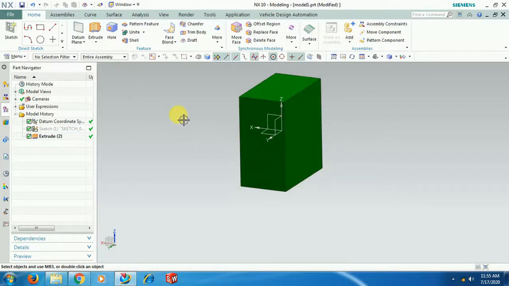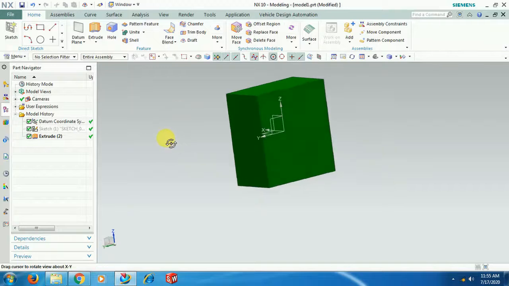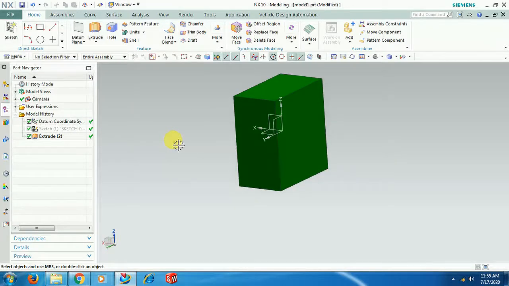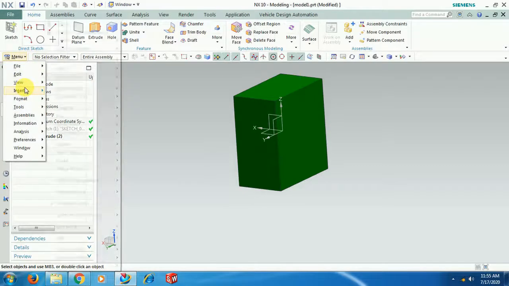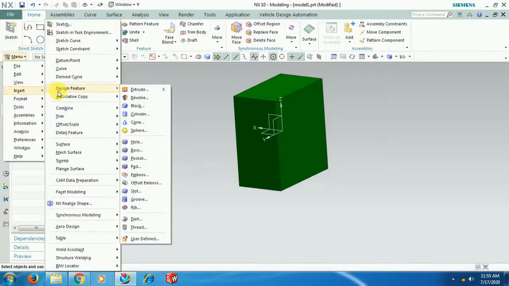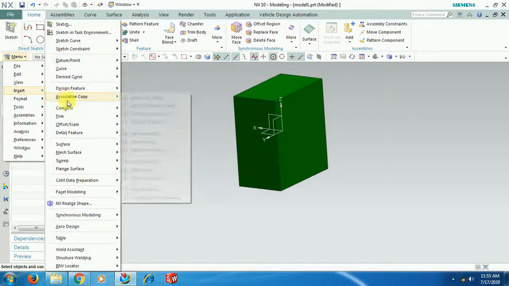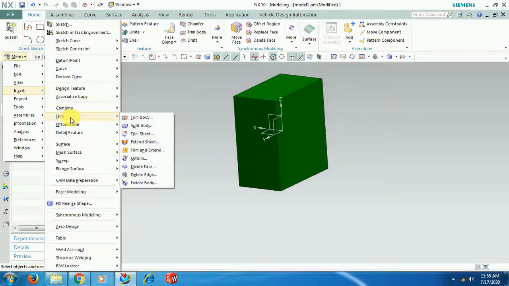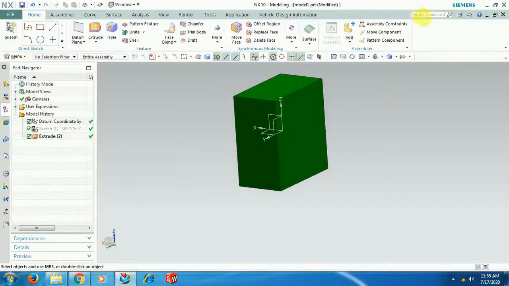There is an option called divide face in Unigraphics. Go for insert, design feature, not design feature, trim, divide face. See, if you don't find a command, then you can directly search for the command divide face.